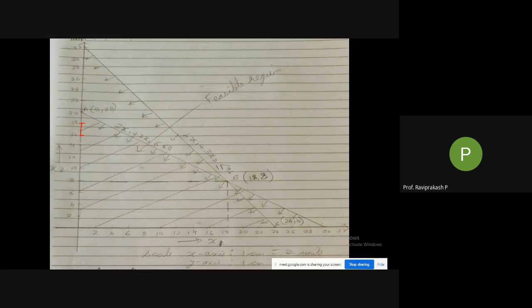That's why I told you to use a graph sheet where everything is defined 1 centimeter by 1 centimeter. Each box will be of 1 centimeter and 1 centimeter. You can directly draw, and further each centimeter is divided into 10 parts. So you will get the point accurately and you can put it.